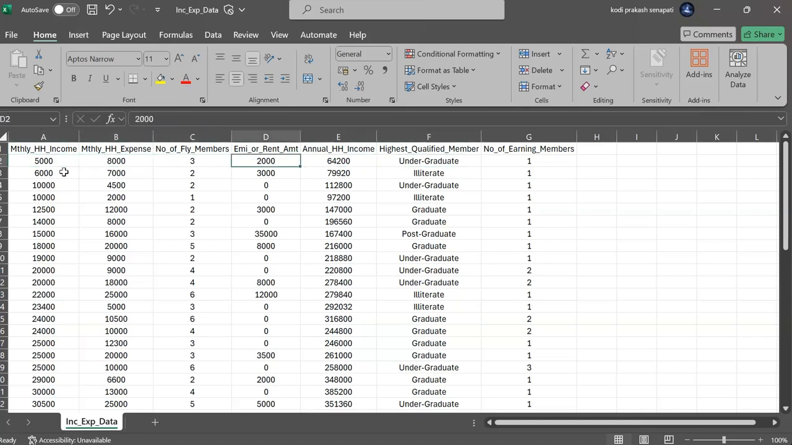Might be he did some part-time work as well, right? Then the highest qualified member in the family is an undergraduate. How many earning members? One. So this is the general day-to-day activity for every family or not? Every house has EMIs, every house has a number of family members. Now, in the data set,